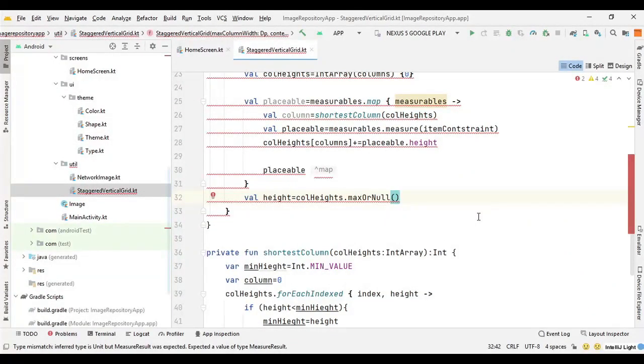So here it will return the largest element, or null in the case if there is no element. Then we need to check the height, to make sure that it lies between minimum height and maximum height.